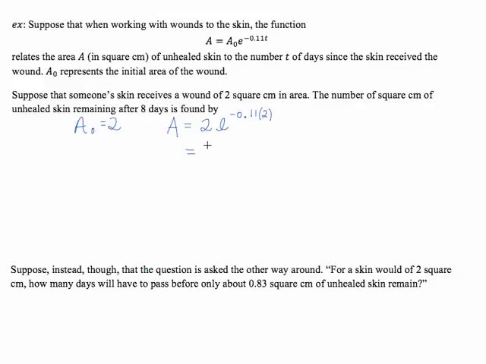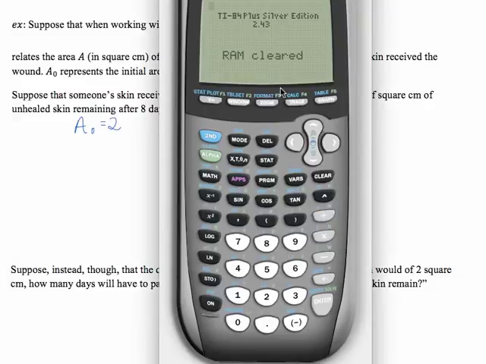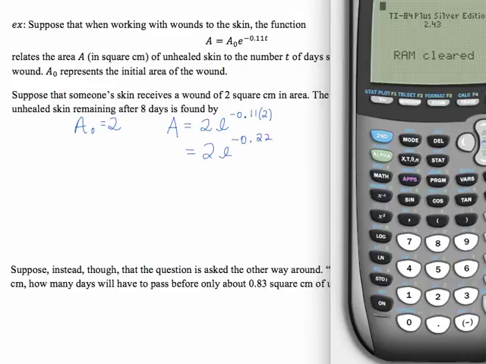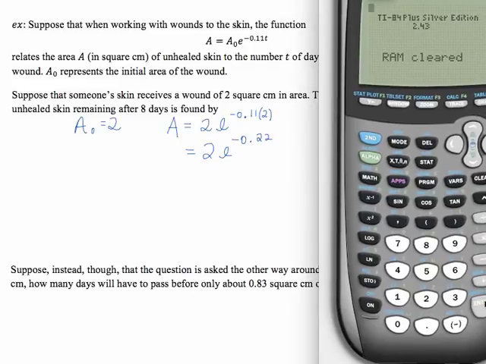So it equals 2 times e to the negative 0.88. And we're going to need a calculator to approximate that value. Okay, so we would push this in here. So we're going to do 2 times second ln for e to the negative 0.88. And that comes to approximately